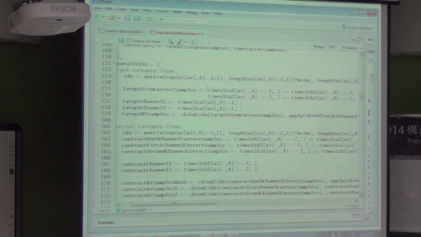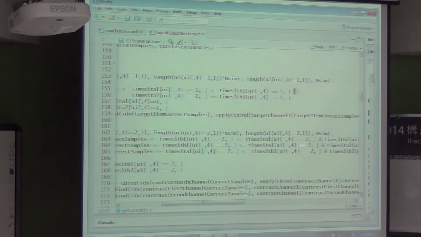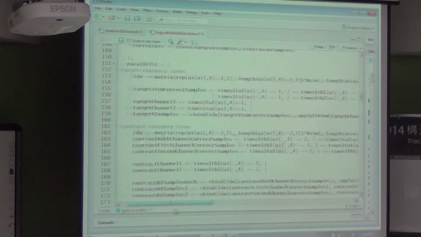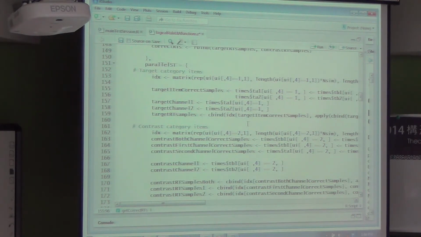So what we do is we create a logical index, which is true if the sampled response times are faster on the A accumulator than the B accumulator on channel 1. And using this logical operator, we also check that they're faster on channel 2 for A than for B. Then we pull out those samples for which that's true, and that gives us the total set of target response time samples which were actually correct. We could do the same thing for the errors. I haven't done so here, but it's straightforward to do so.